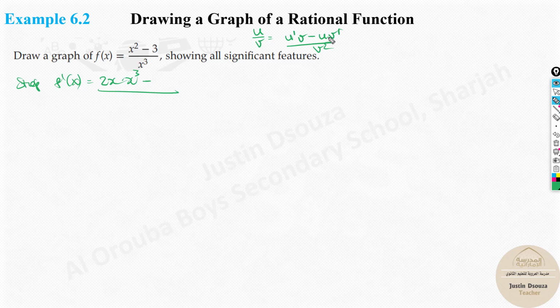What I had written was the product rule. The quotient rule is this: u dash v minus u v dash. Keep the above term as it is, that is x square minus 3 will remain, multiplied with v dash, the denominator derived. It'll be 3 into x square, divided by the square of the denominator, which is x cubed the whole square. Now, it will be 2x to the power 4